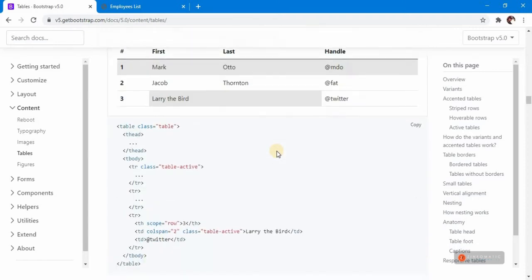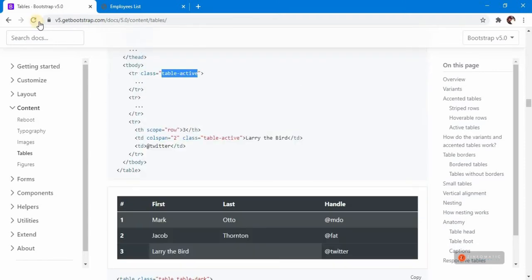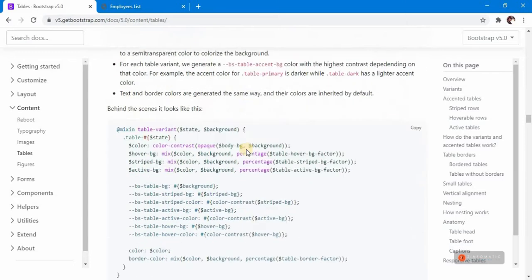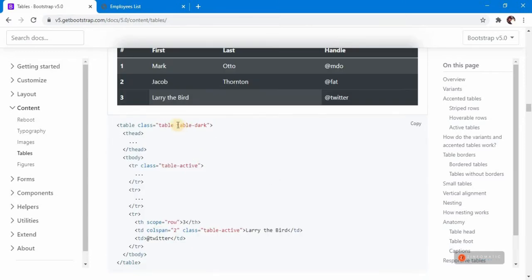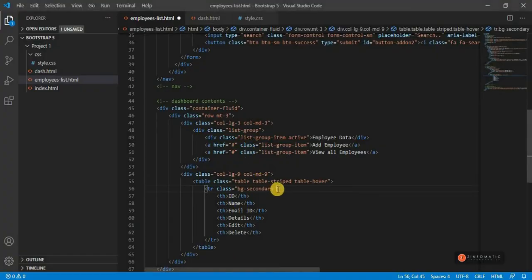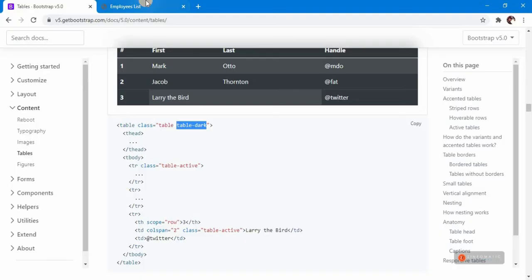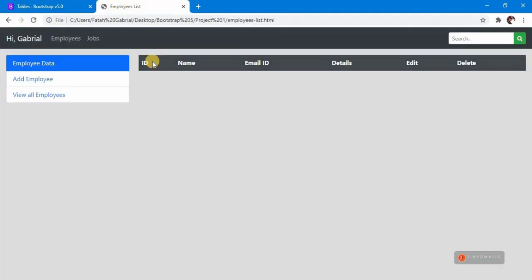So let me see what else do we have, other options. And okay, what else can we do? Oh yeah, we can give table dark. So in that way can apply that. Let's see if we can apply to this. I will change this one to table dark here. Let's hit refresh. Okay, so we have a black color row,